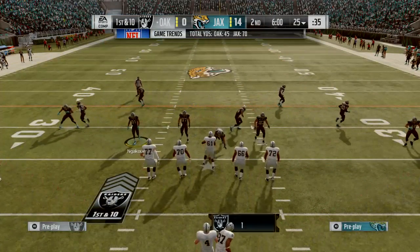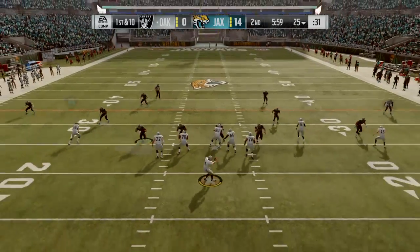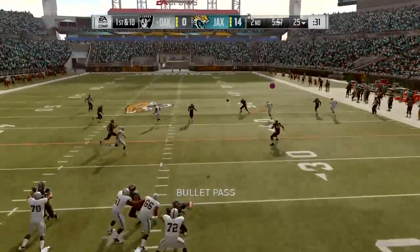This becomes a pretty important drive, doesn't it? It certainly does, and a lot of the teams script plays. We know that, right? They have a script to start the ball game, and typically those script...